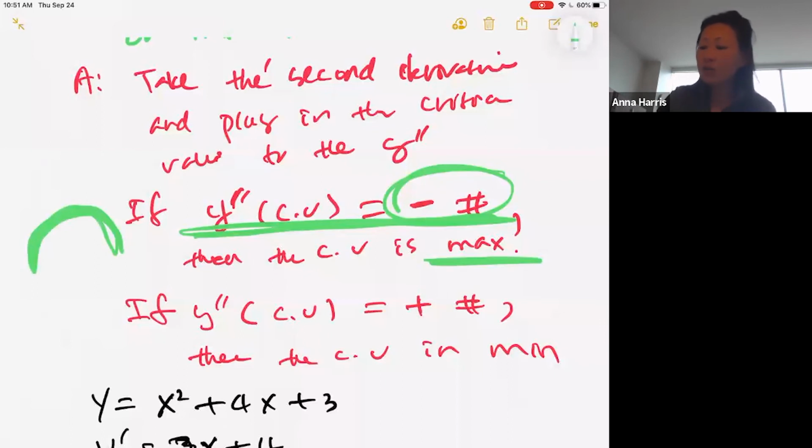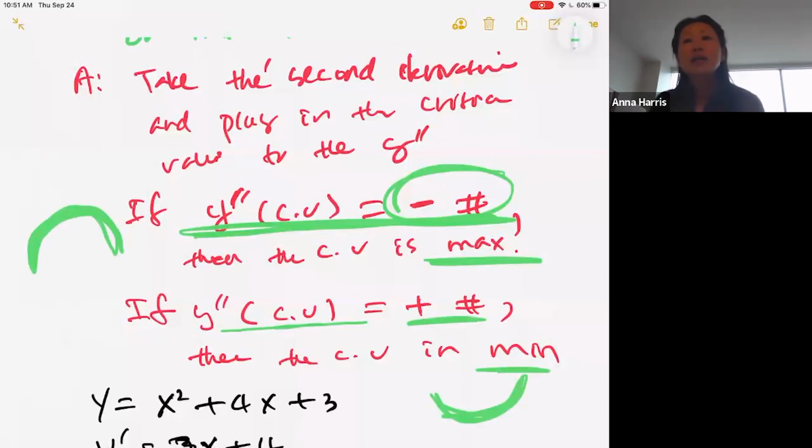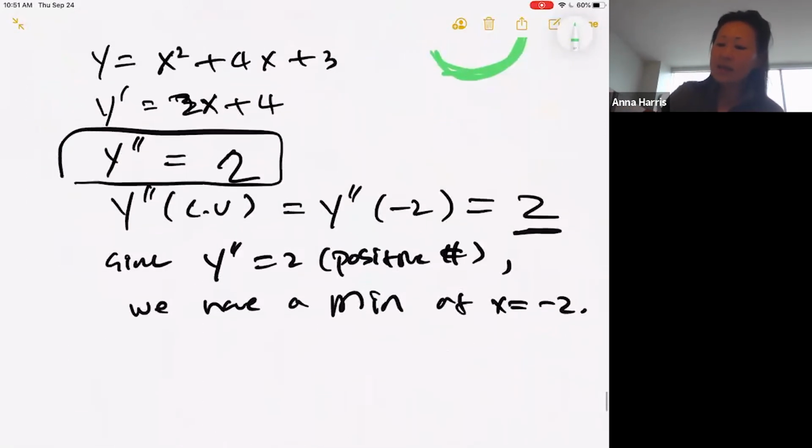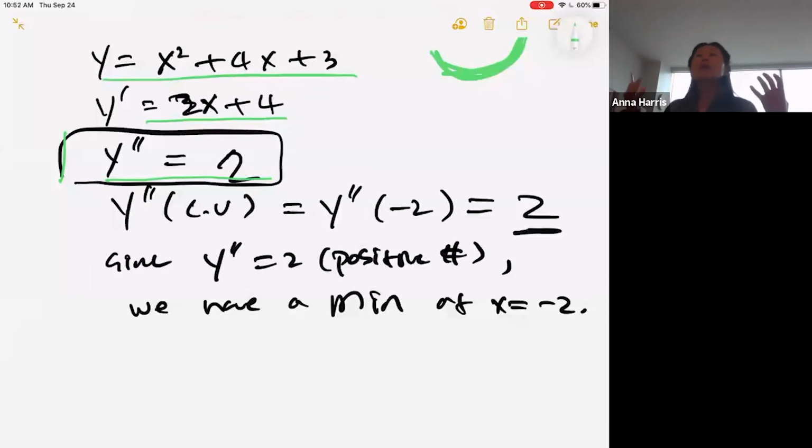If you have your second derivative, when you plug in your critical value, you get a positive number, you get a minimum. Your graph will look like this. So in our case, when you have this equation, when you take a first derivative, you get this. When you take your second derivative, you get positive 2, which means your graph, according to this second derivative, always has a positive. That means